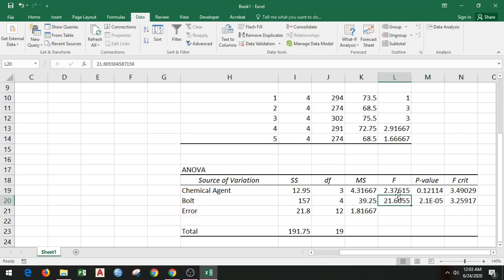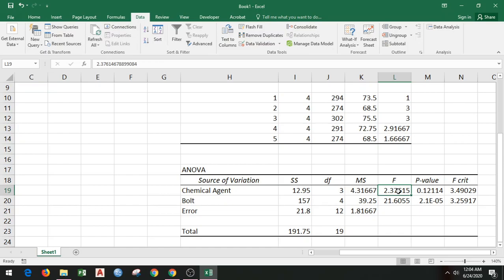So the rule is, if the F statistics value, the value that is obtained from the experimental data, is less than the critical F value that is given, that means we cannot reject the null hypothesis. And what is the hypothesis stating? Null hypothesis says that there are no differences in four different chemical agents. They don't have any differences on the strength of the cloth. That's null hypothesis. An alternative hypothesis says at least one of them is different.